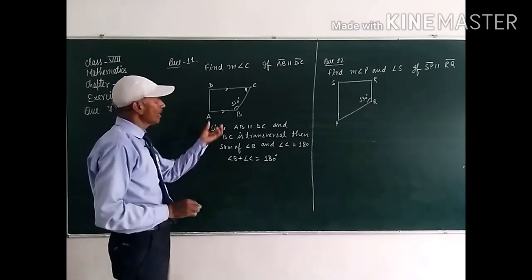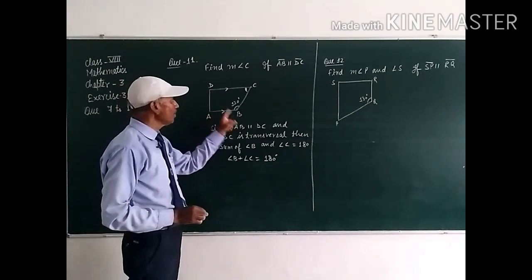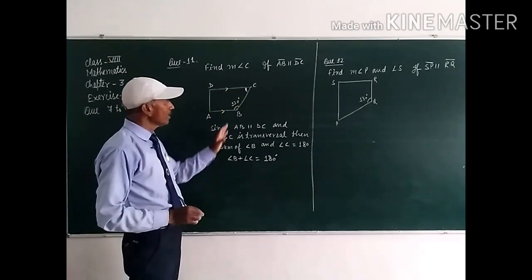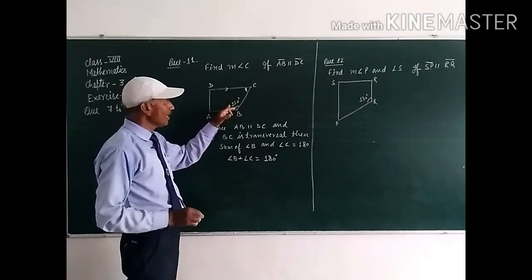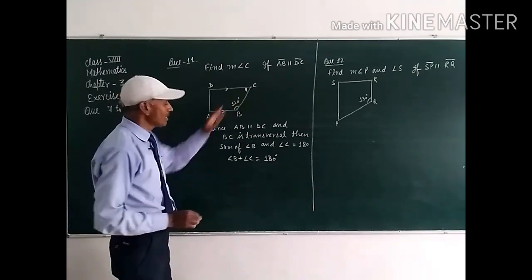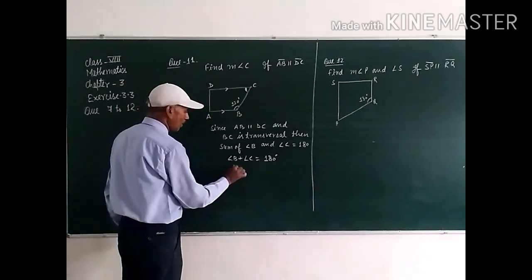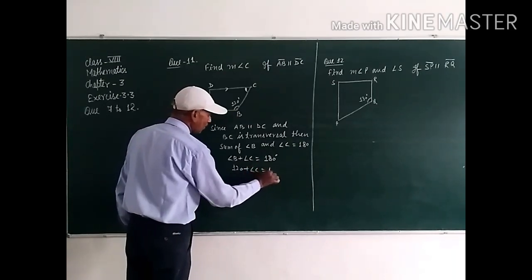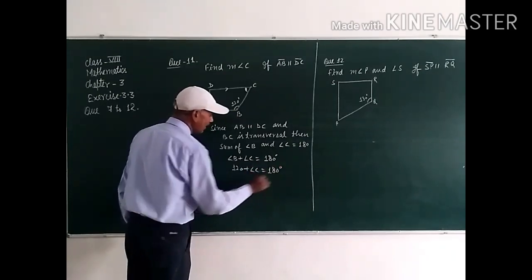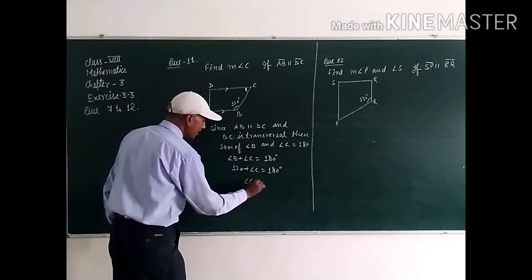Clear student? Because this line AB is parallel to DC and this one is a transversal. So, this angle 120 degree plus angle C, 120 plus angle C is equal to 180 degree. So, angle C is equal to